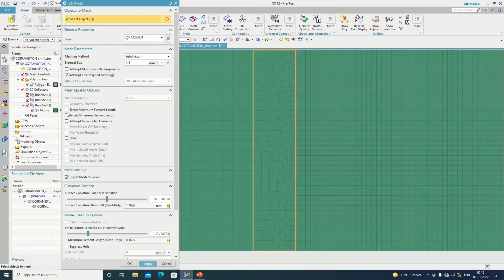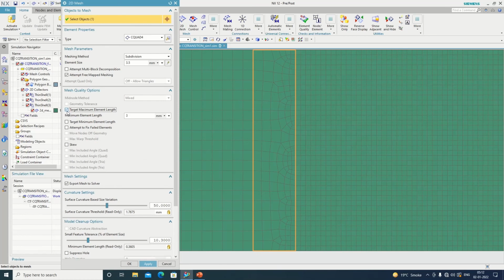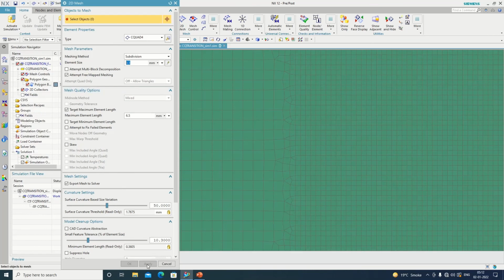Okay, we can change the size and see how the changes reflect. This maximum element size should be larger. This one is the perfect way to make the element transition smooth.